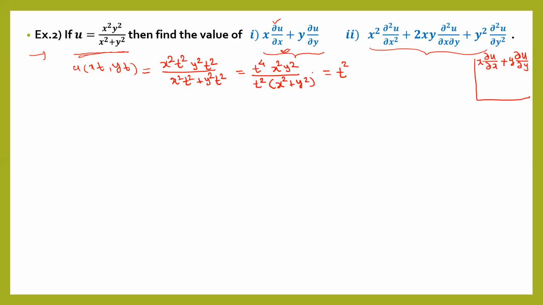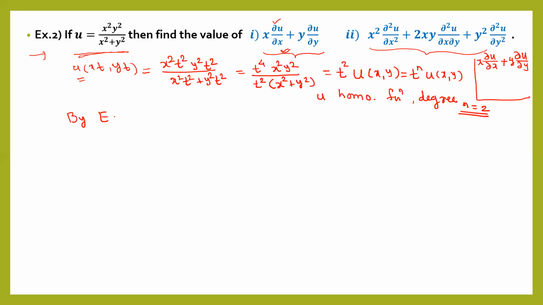And this is the function f of xy, which is u here, or you can say u of xy. So replacing x by xt, y by yt, we have this form: t raised to n u of xy. So this u is a homogeneous function and the degree, which is n, is 2. Right? So as u is a homogeneous function, we can apply Euler's theorem here.